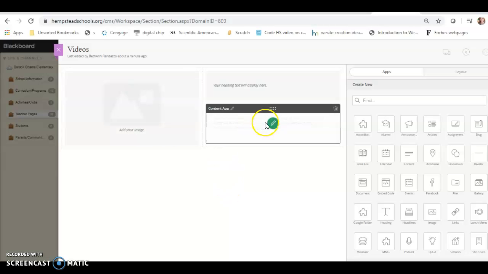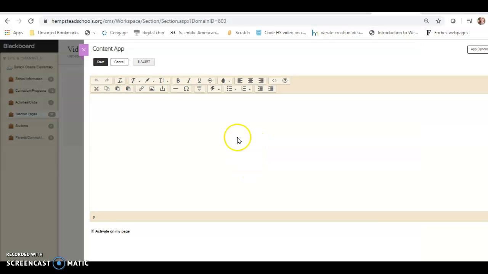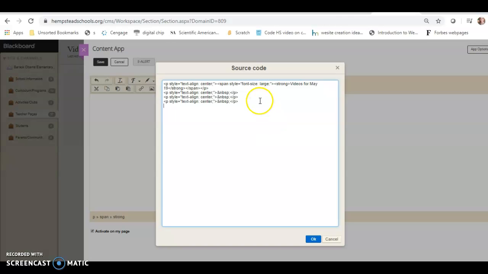So you would go under here to Content App. Again, you might want to say videos for May 19th. That's pretty self-explanatory. And we might want to do it this way rather. Embed the code again. So all that we have now is